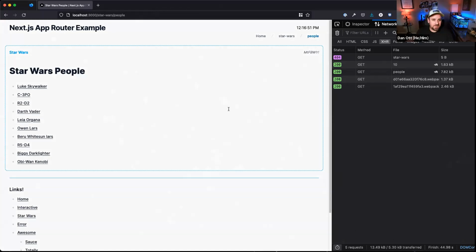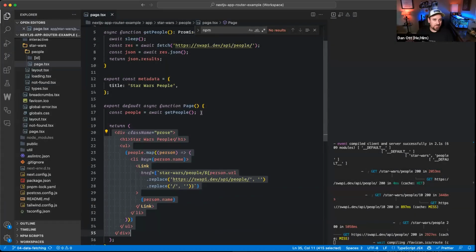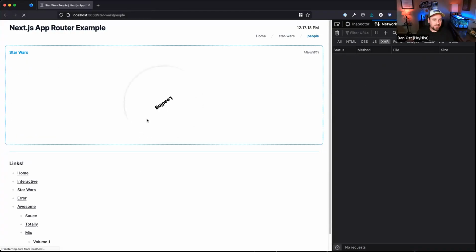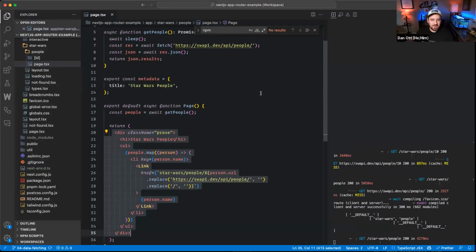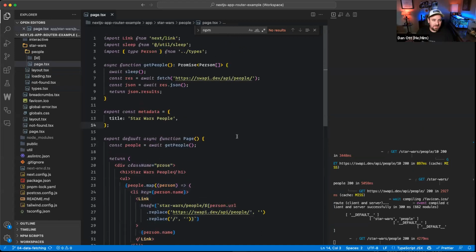What Next.js does is get us these loading states too. So when we refresh this page, you can see this loading, right? And in traditional apps, you have to load up that query library, like I was talking about, React Query or whatever it is, and then check the loading state. In your React component you say, okay, if loading, then return some sort of loader, and if success, then do this. And in Next.js, all we have to do is add